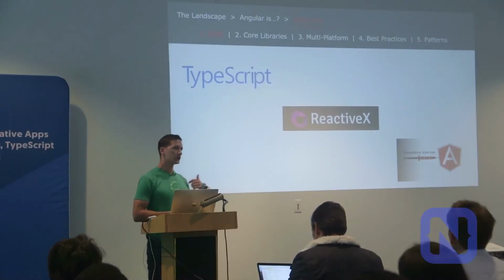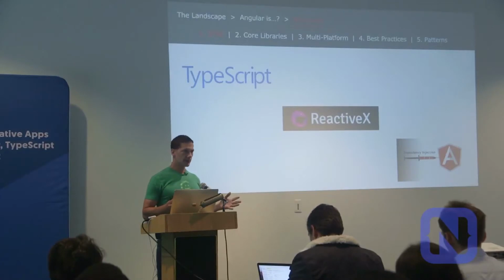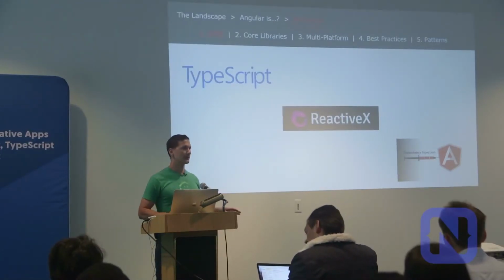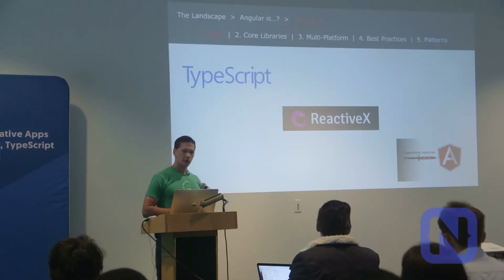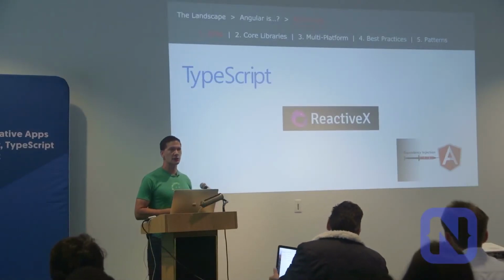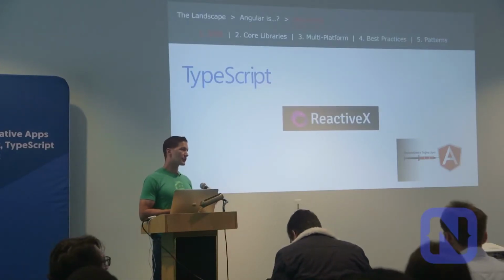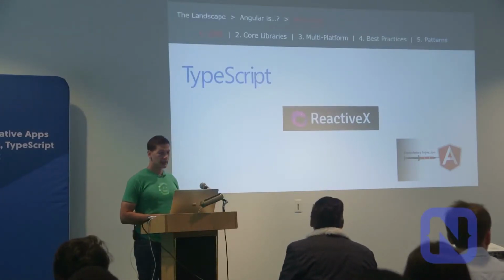TypeScript is a big part. When we get into the tutorial, you'll see a lot of the parts where TypeScript's influence comes in. Pretty much, if you are using Angular, you are using TypeScript. I've seen some people do Angular with ES6, and it is technically possible, but don't do that. Reactive, so RxJS. Again, you can use promises, and some people do, a smaller portion, but the majority of the community is starting to use observables more and more. It's built into the core framework for a lot of the primitive values within Angular, like we'll see return observables, and you can stream observables, and that's really powerful.